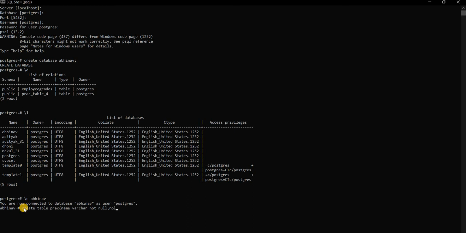And we have a second column, roll number. Roll number must be in int form, so we write int, and it is the primary key. Then in the third column we have subject, which is character, so we take varchar. Press enter. We are creating the table.